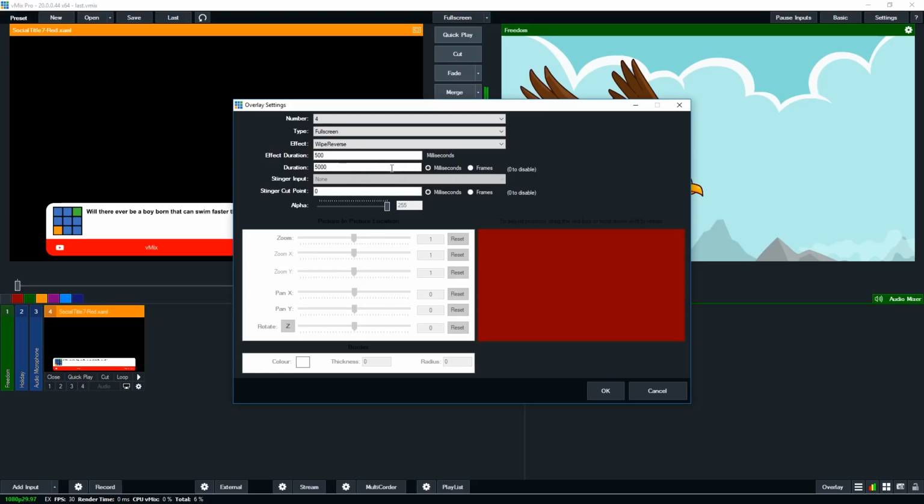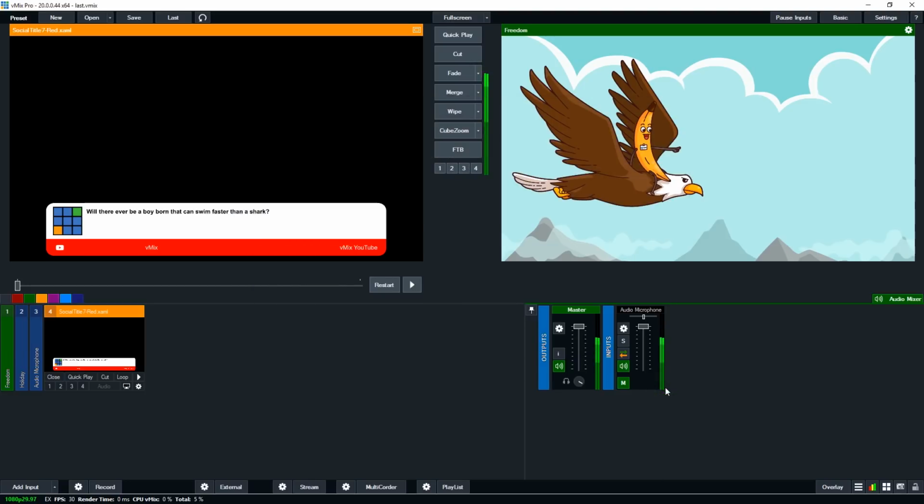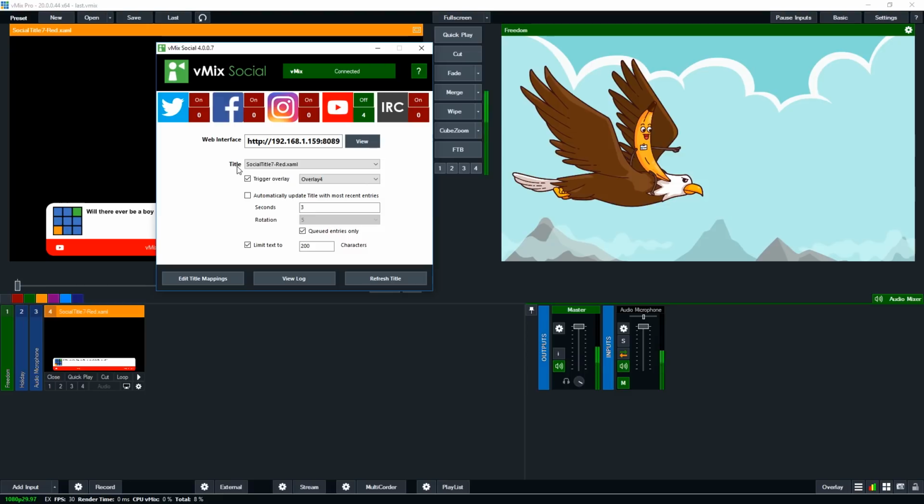But we like the ability to have it for a short period of time and then fade away. You can ask your questions, and then you don't have to worry about your overlay titles and that type of thing. So you can just manage and automate it prior to setting up your show. Now by default, if you've just got one social title, it will appear in this list here. If you've got multiple ones, you'll be able to select the different social title that you want to use for